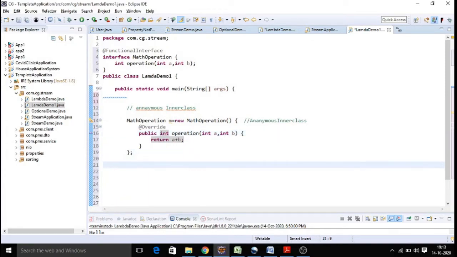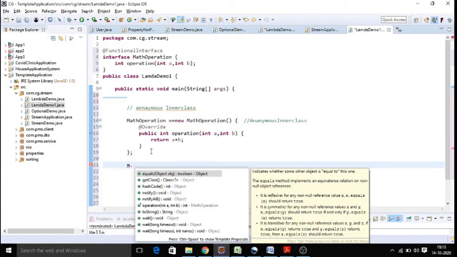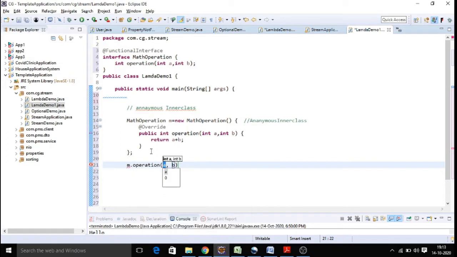And how do you call it? You will call it by using m.operation, and you will pass the numbers and get the result. To print the result, we are going to invoke that method as part of our System.out.println, and check the result.